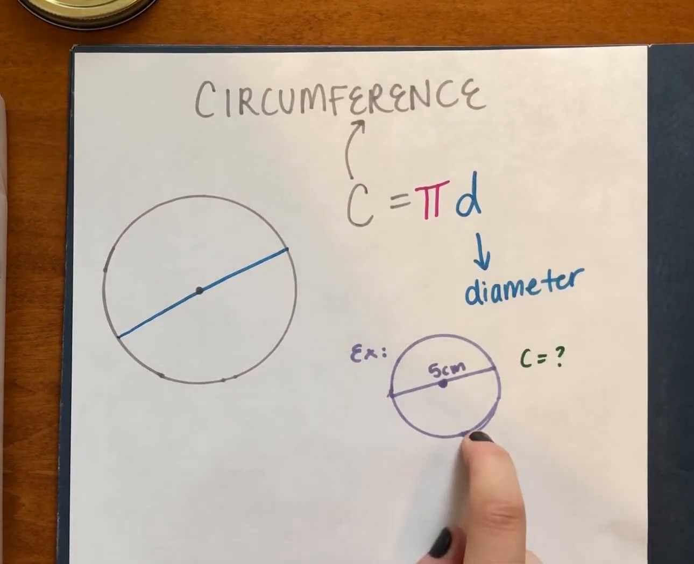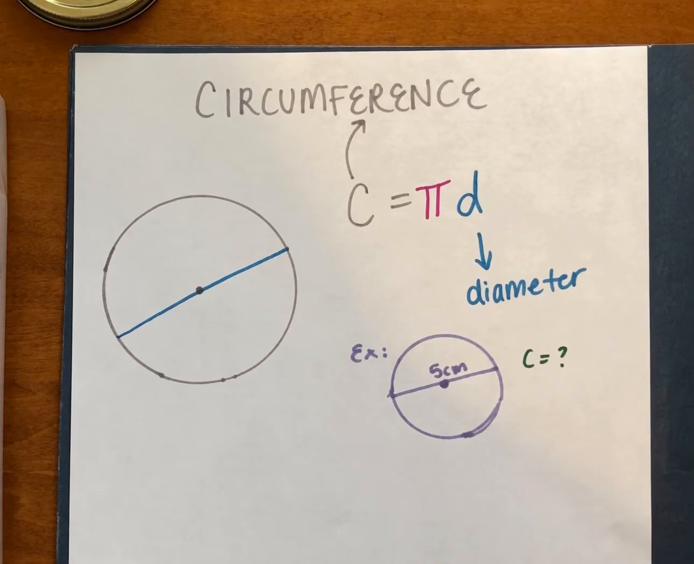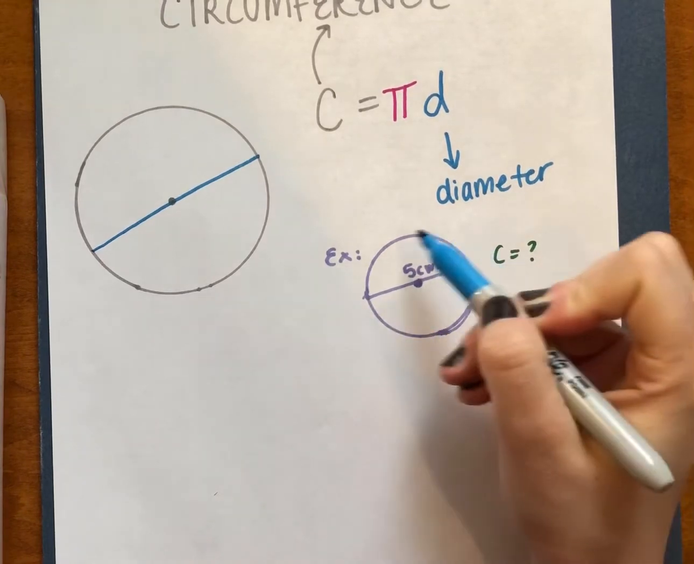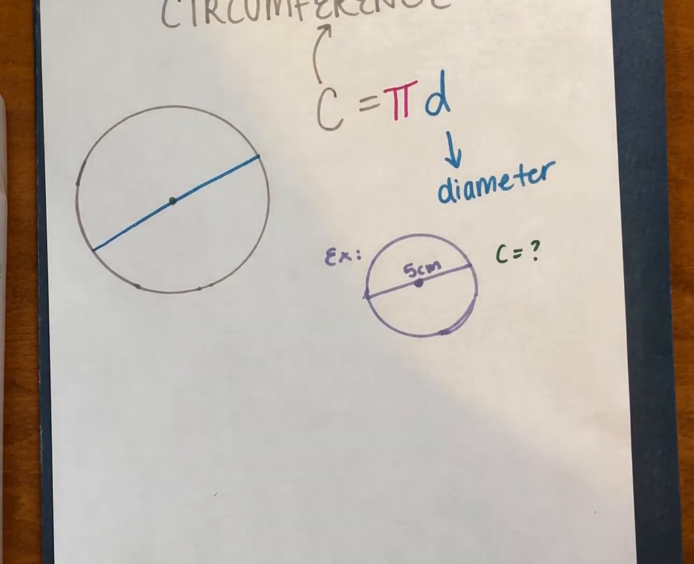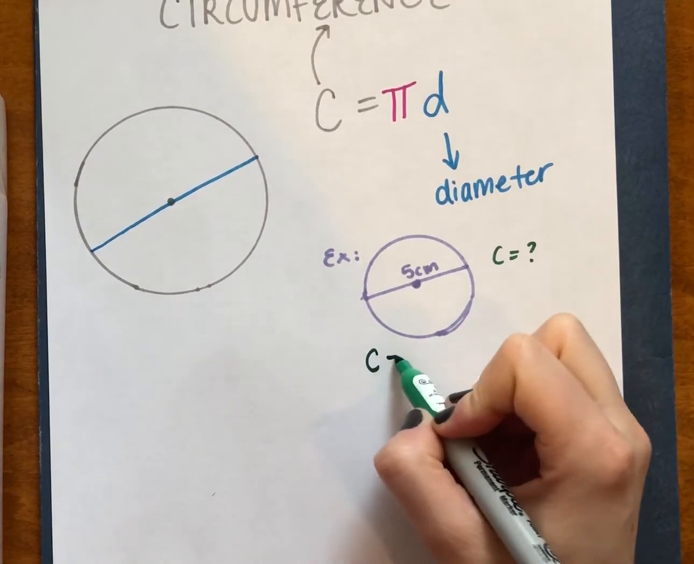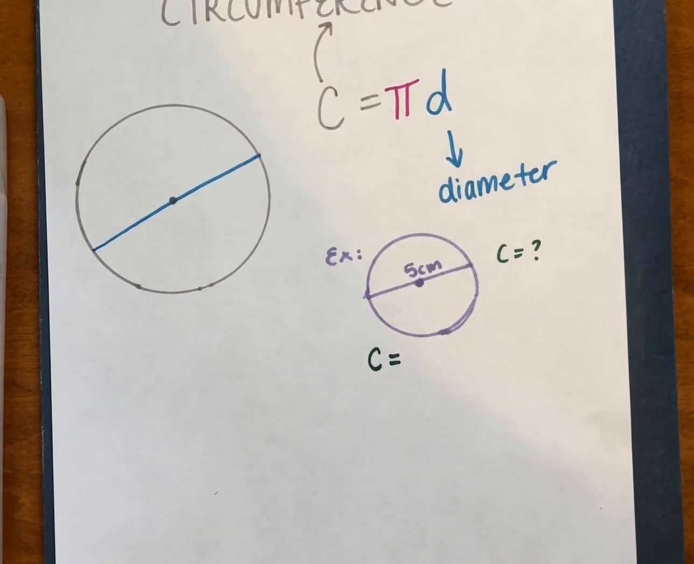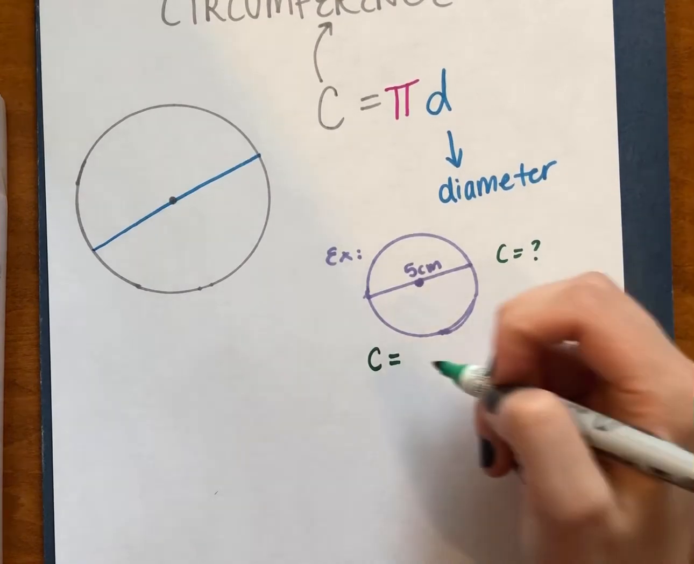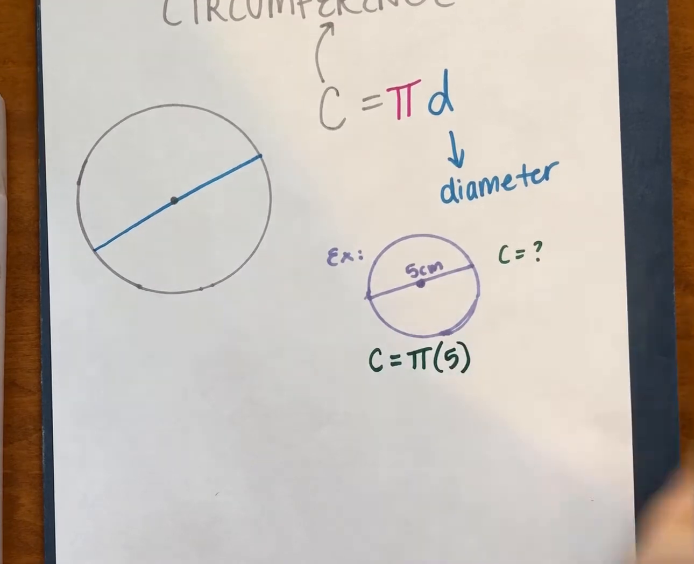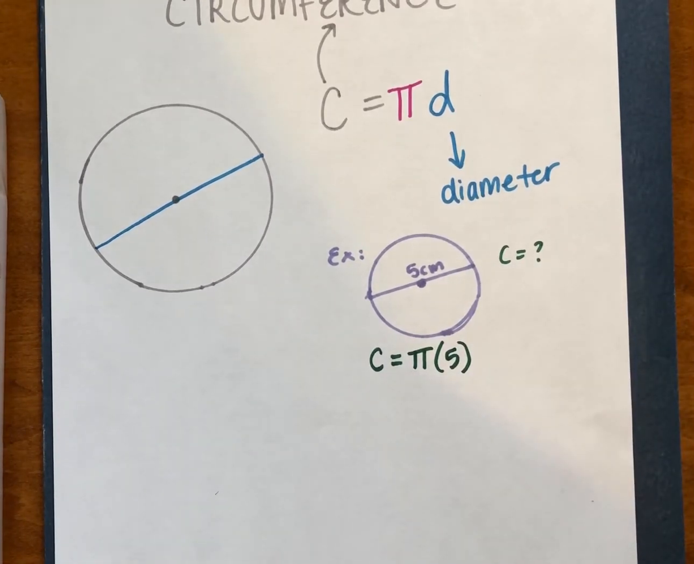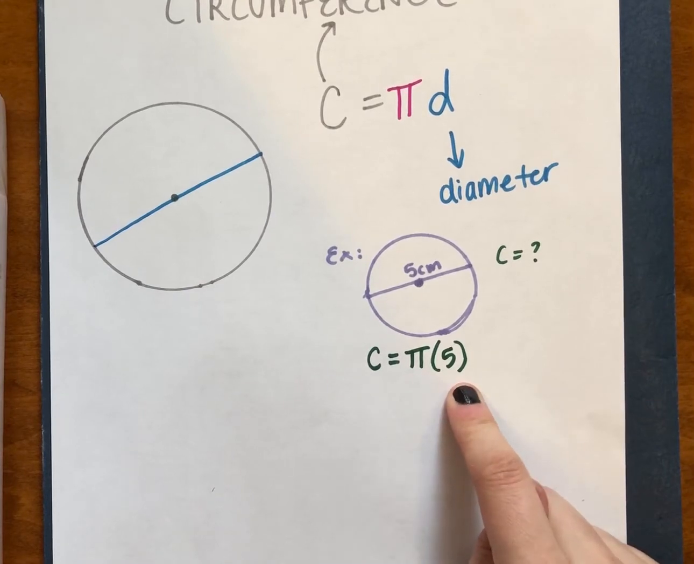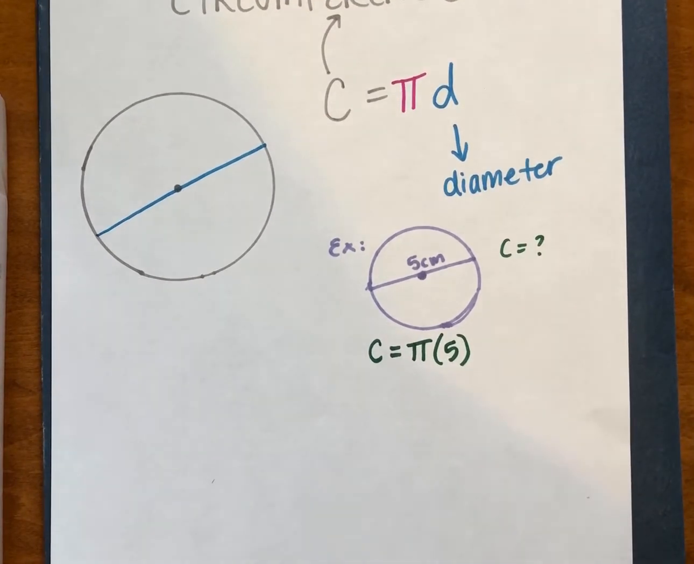Here's an example. Say our circle is 5 centimeters across. If I want to know how far it is all the way around, how far is that circumference, I would use my formula. I would say that my circumference has to equal pi times the diameter. So in my calculator, I would type in either the pi symbol times 5, or I would type in 3.14 times 5,